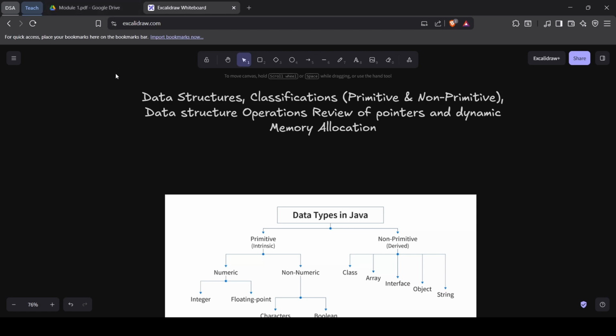So for today, without any further ado, let me start with data structures, the classifications, their operations, main operations ಏನಿದೆ, and ಇವತ್ತೇನಿರುತ್ತೆ ಅಂದ್ರೆ the review of pointers and dynamic memory allocation. This is again a basic, a fundamental concept which you have to know either it is for exam purpose